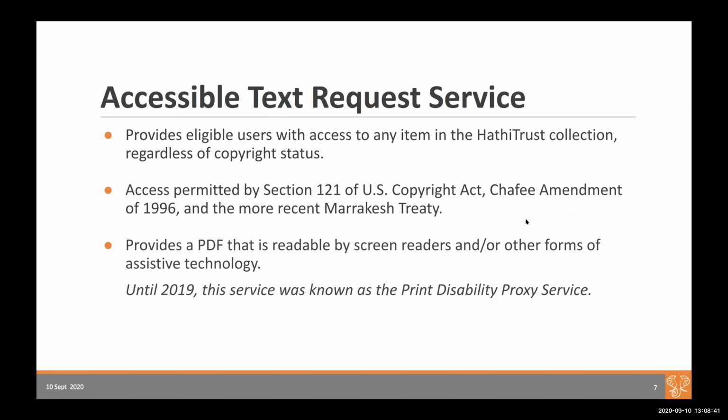So by definition, the Accessible Text Request Service is a service that provides eligible patrons access to any item in the HathiTrust corpus, regardless of copyright status. As you're probably aware, items that are held in copyright in HathiTrust generally are available for full text search or research through the HathiTrust Research Center, but they're not available to read in full text in the browser because of copyright law. There are a few exceptions to that, one of which is the Emergency Temporary Access Service,